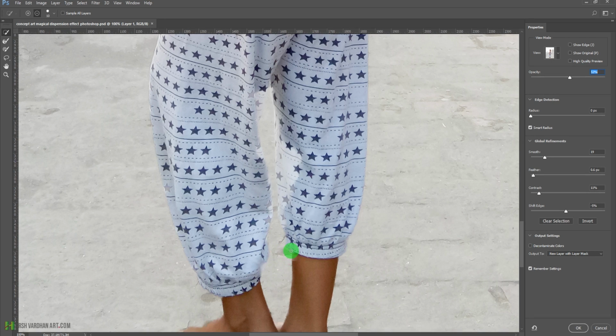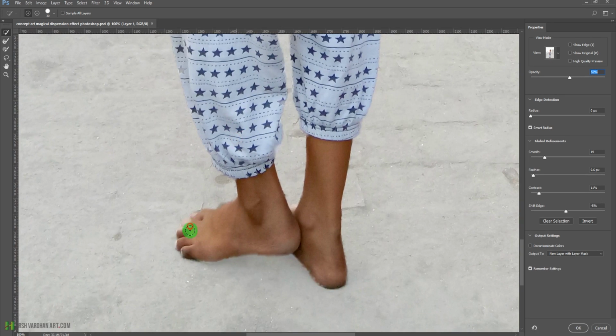And you can refine it once again. And even if it doesn't do the perfect job, we can later on modify this after we have made all these selections. Okay, that's quite easy and very fast. Okay, we have made this selection,